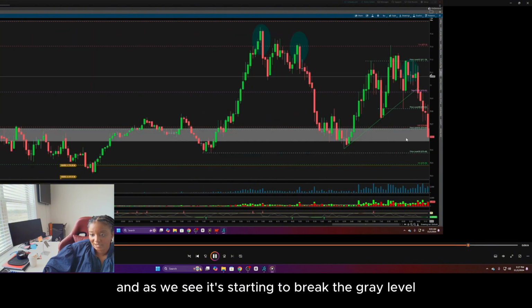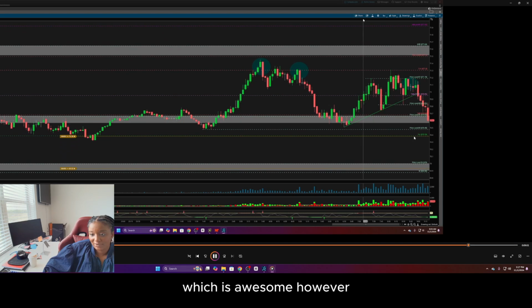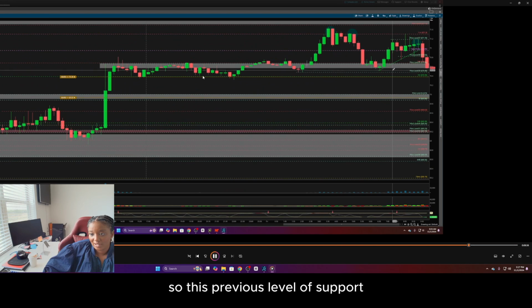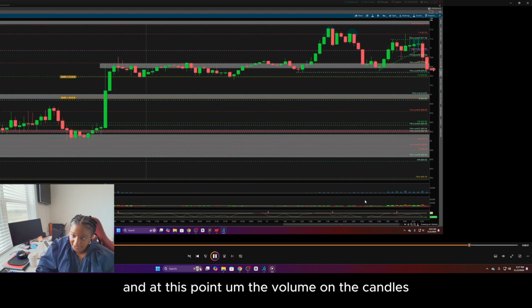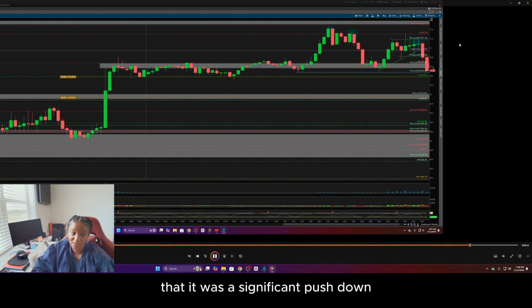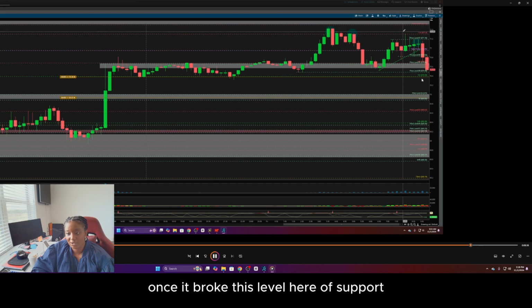And as we see, it's starting to break the gray level, which is awesome. However, my level of entry is right there below with the dark green, so this previous level of support. And at this point, the volume on the candles, the higher time frames, was showing a significant push down. And I knew, or not knew, but definitely expected once it broke this level here of support,